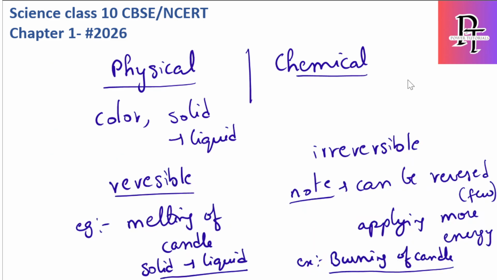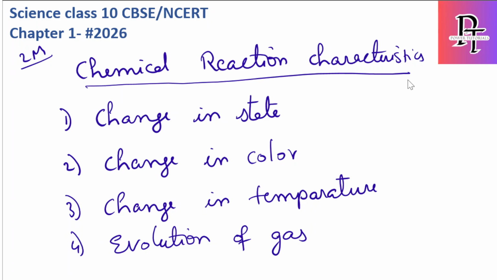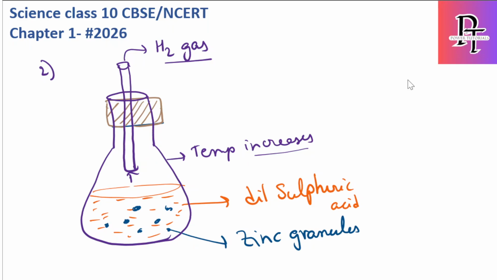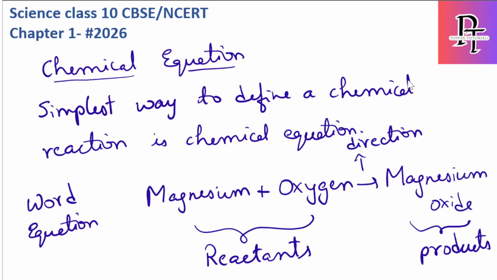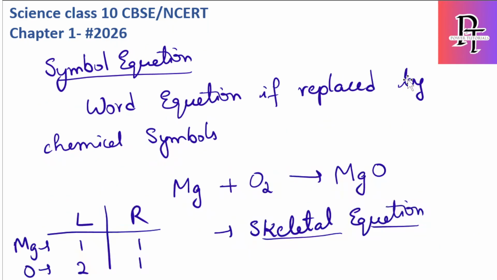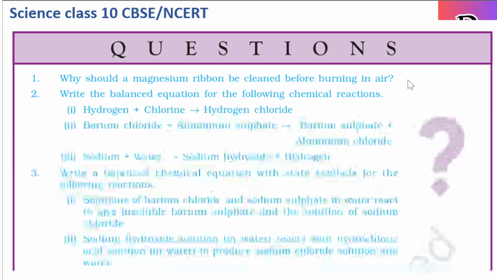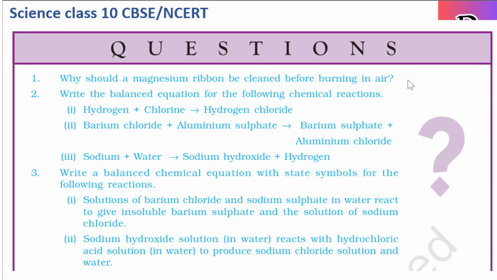We also covered the difference between physical and chemical reactions and the characteristics to identify whether a chemical reaction happens. And a few examples for chemical reaction equations. Then we discussed symbol equations, and conservation of mass and why it is important for balancing a chemical equation. We also covered two in-text questions, the first one and the second one, and the remaining, as I mentioned, I will cover in the live